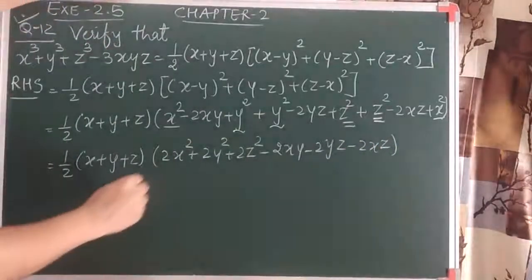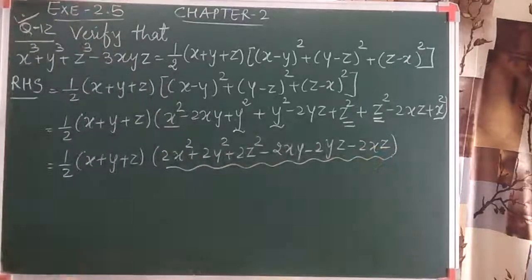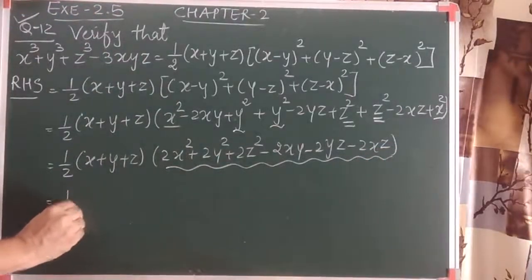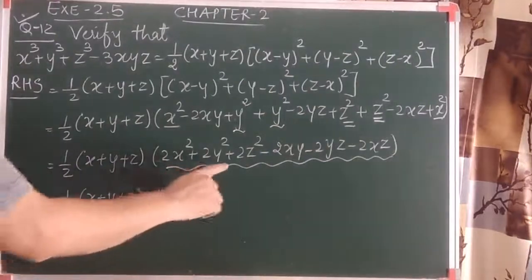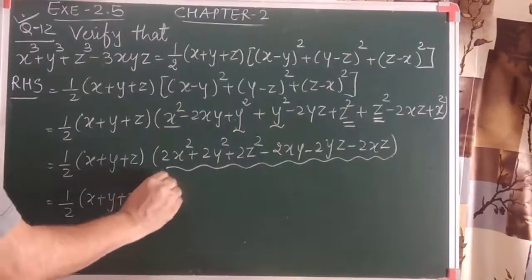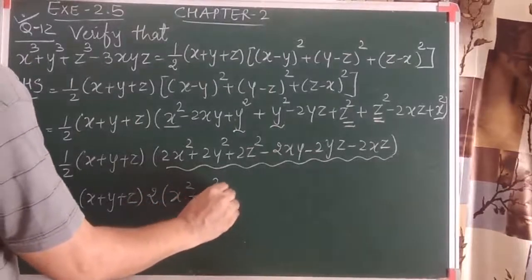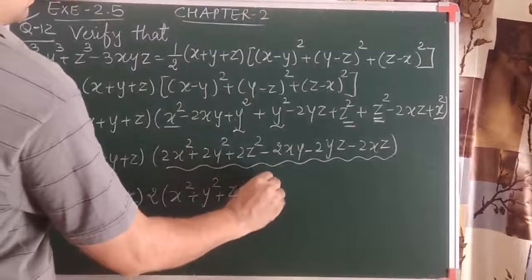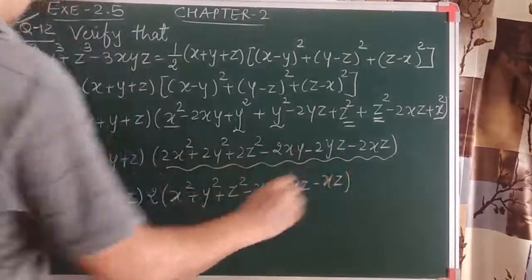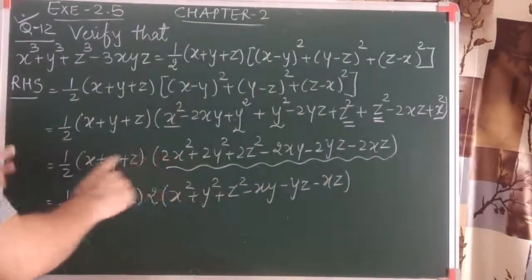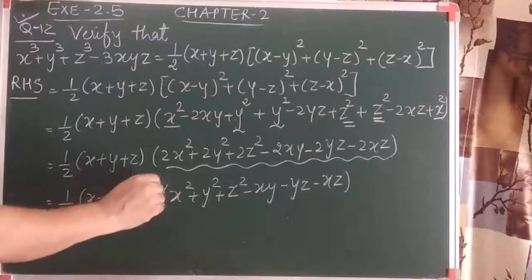Now you observe this second bracket. You can see that 2 is common. So we keep the rest of the terms as they are, without making any kind of changes, and I'll take out 2 common from this. As 2 is common, the rest of the terms should remain as they are. I have taken out 2 common, remember students, so we are not going to change the sign of any term. And already these 3 are in the product, so 2 should remain in the product and I can cut this.